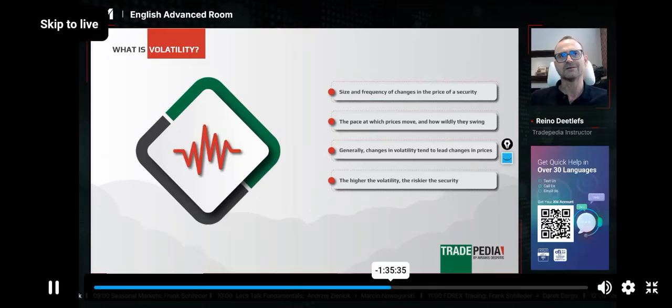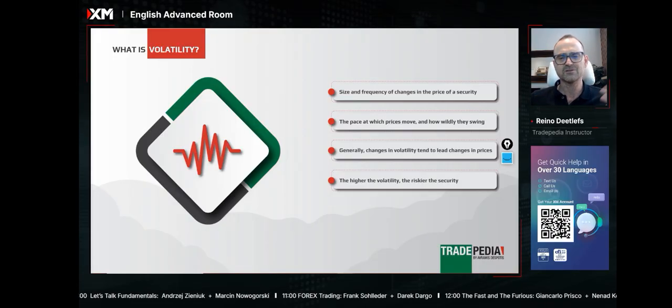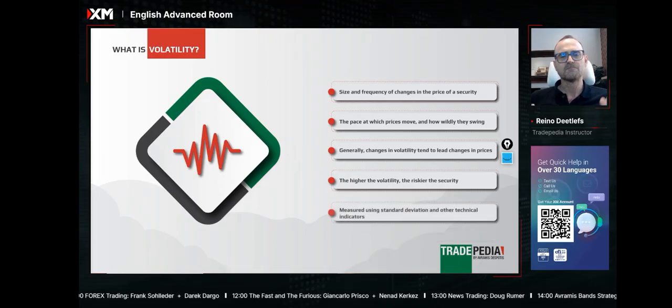Asset class to trade is your currencies. Yes, because essentially, we're just exchanging one currency for another. It's actually leverage that makes the difference. All right, so